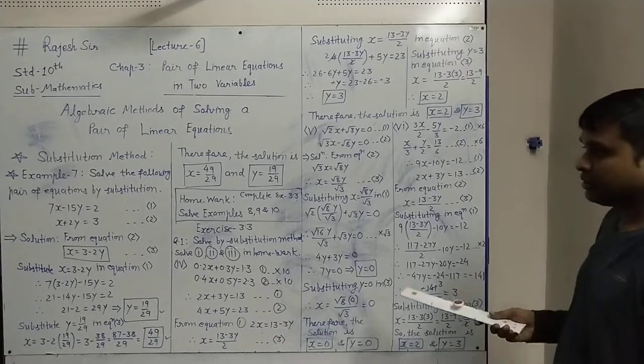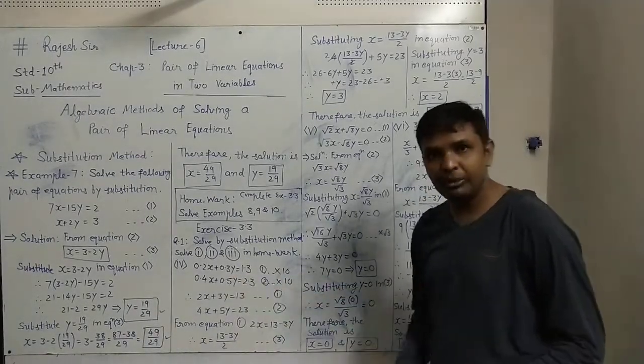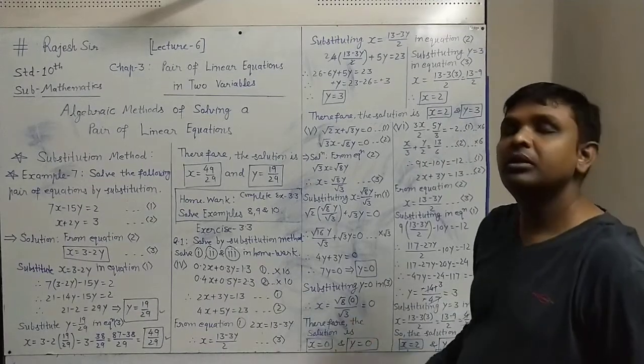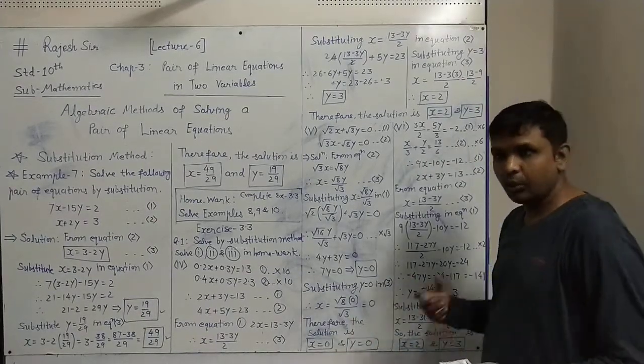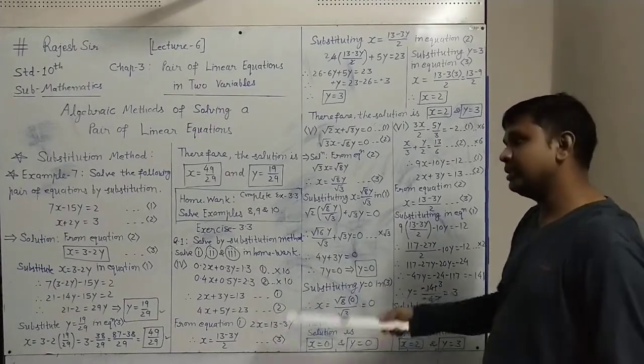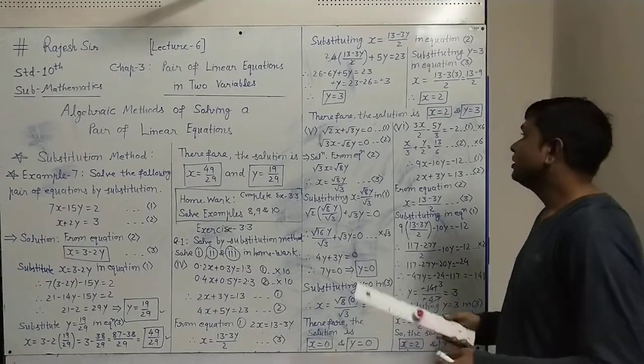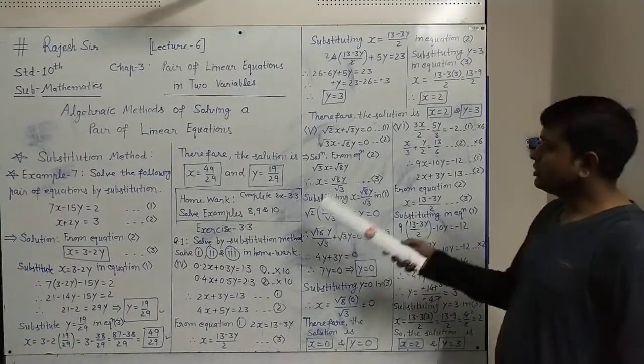So very simple it is. Only the start is, we have to remove the decimal point by multiplying by 10 or 100 or whichever number is required to remove the decimal point. So make it simple and then do the similar thing in the substitution method. One more question after number 4.